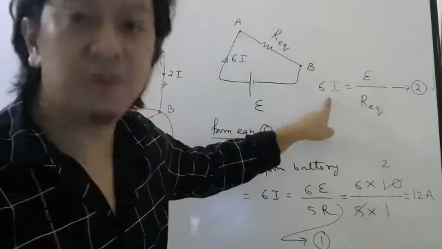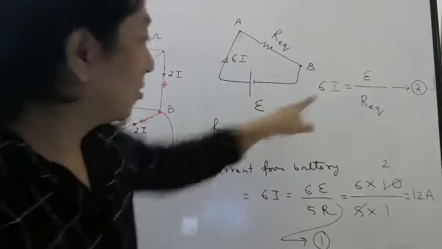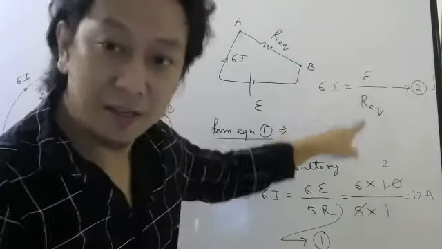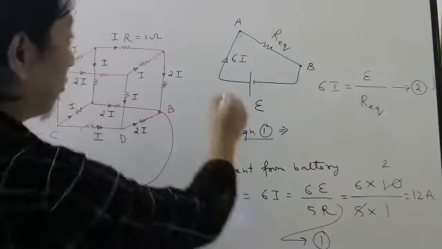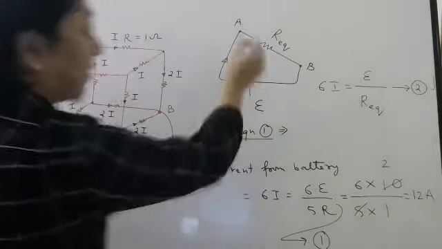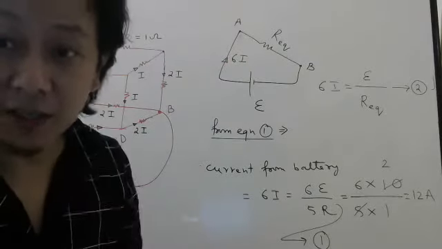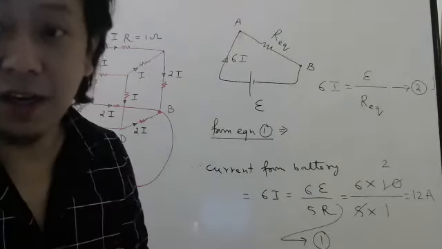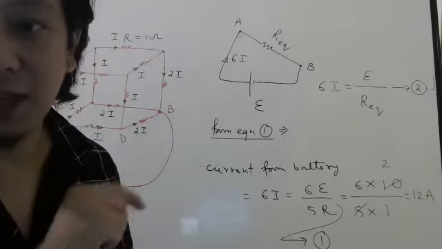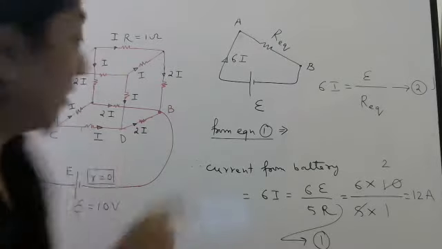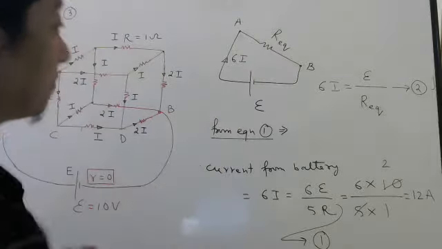This you understood, no? Ohm's law. This is your voltage because there is no internal resistance. So current is EMF by resistance. Current is EMF divided by resistance. Current flowing here is 6I, remember. Okay, students, that is why we call this equivalent. Equivalent means it should take the same current when you apply the same battery. The battery should not know that there is a difference between this and this. Then we call this equivalent.